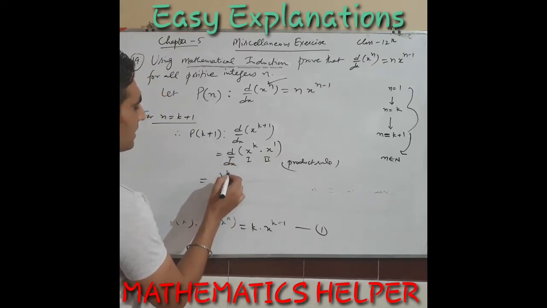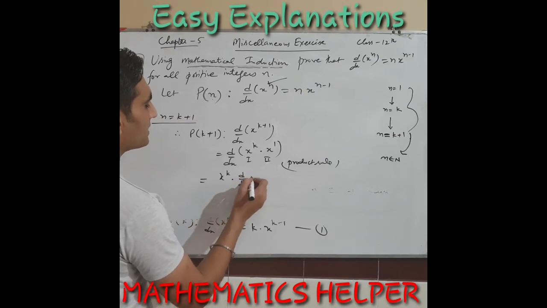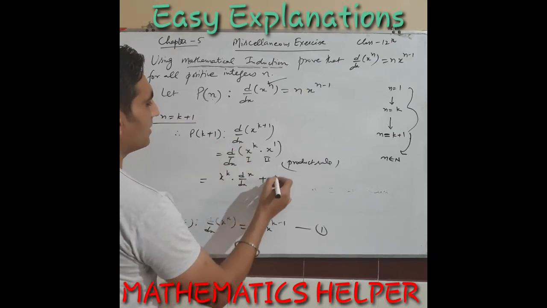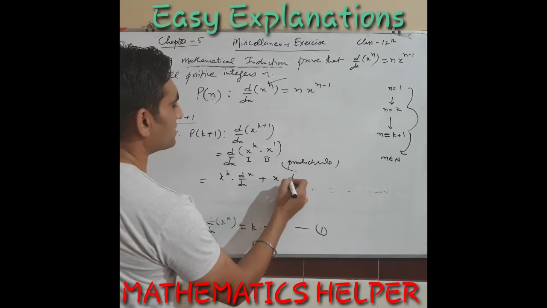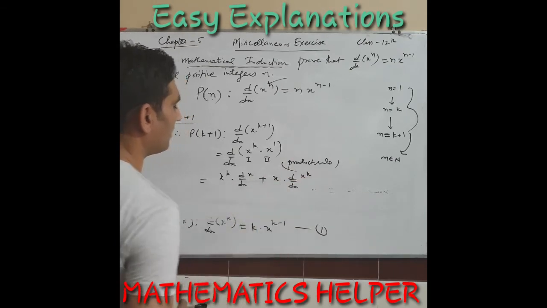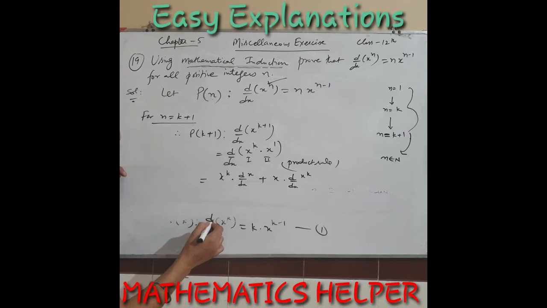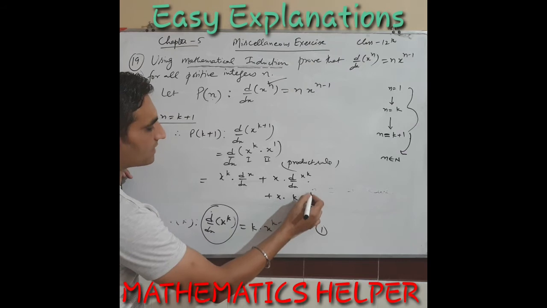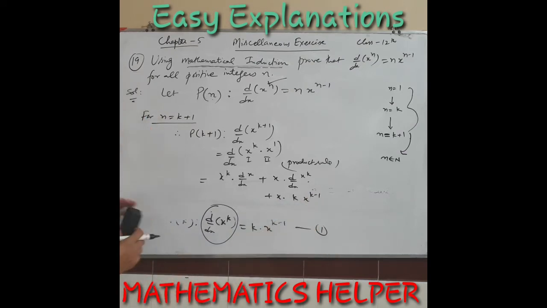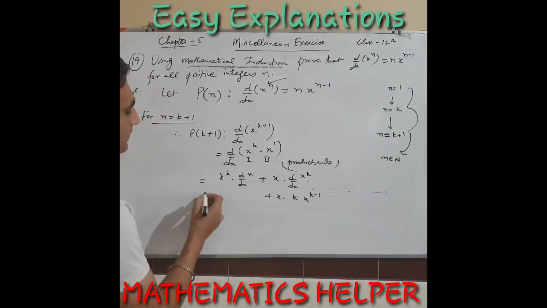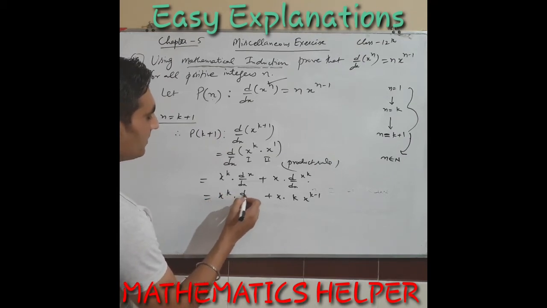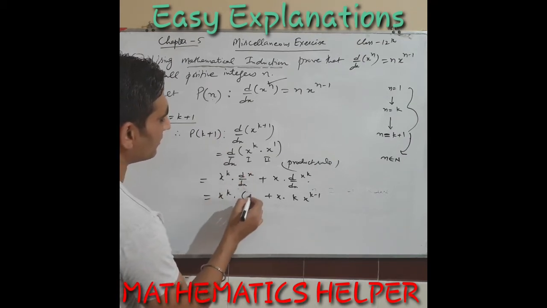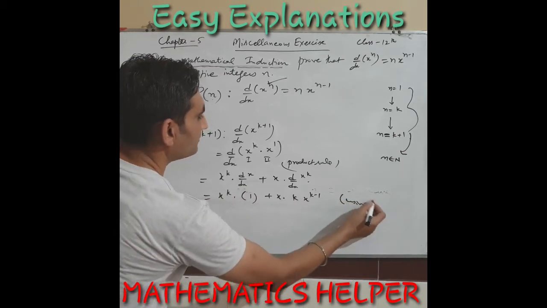First as it is means x raised to power k. Derivative of x raised to power 1 means x. Then plus second x raised to power 1 means x as it is, derivative of x raised to power k. But see, you were having an assumption in equation number 1, the derivative of x raised to power k. I am writing its value. It was k into x raised to power k minus 1. So we are using here equation 1 and this first part will remain the same, x raised to power k. What about dx over dx? It will be 1. So we used 1 here.